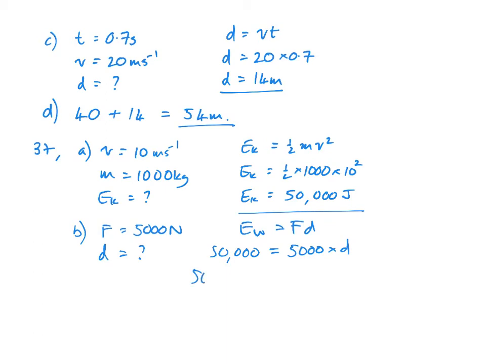Rearranging, so swap sides first of all, and then divide both sides by 5,000, and this time we get the distance of braking is 10 metres, so it's a quarter of the distance of braking,